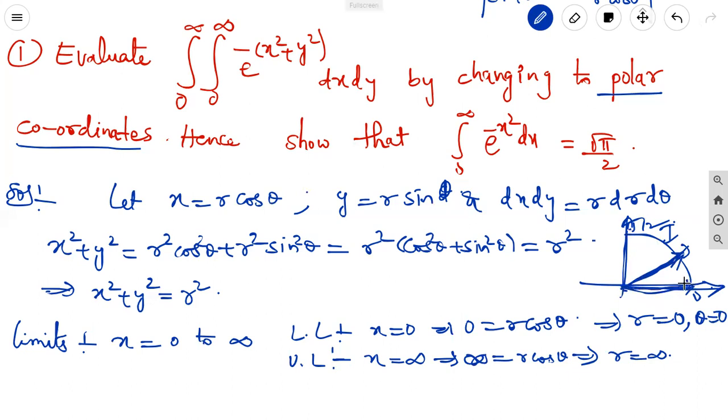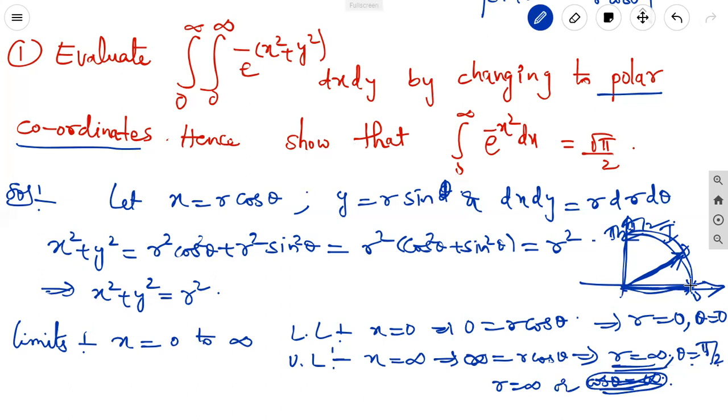And what does the angle in the polar form mean here? When it starts from 0, that is on the x-axis, and reaches the positive y-axis, it should be pi by 2 only. So in that case, here r is infinity, theta is pi by 2. Why? Because cos pi by 2 is also infinity. Either r equal to infinity or cos theta equal to infinity. But the cos values have no infinity values. So in that case, r equal to infinity, theta is pi by 2.